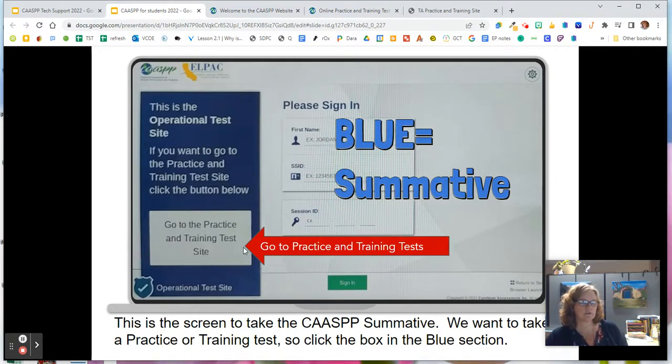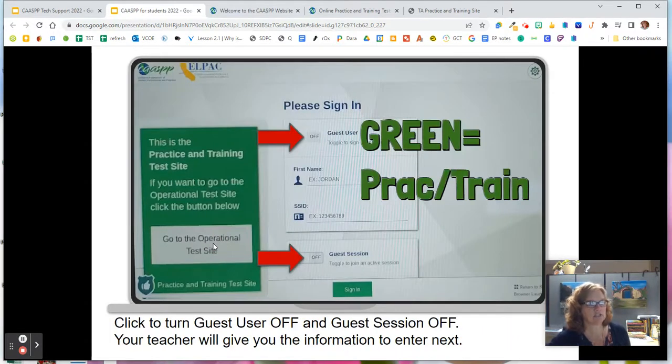What we want to do before the test, though, is go to the practice and training site. So have them click there. And then it's going to change their screen to this, to the green banner, which is the practice and training. Now, usually the guest user and guest session says on,